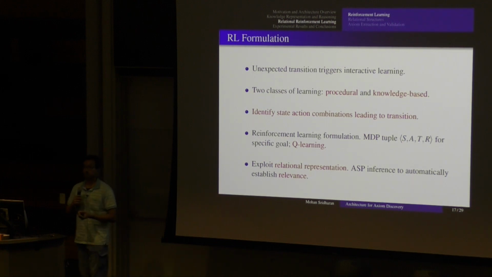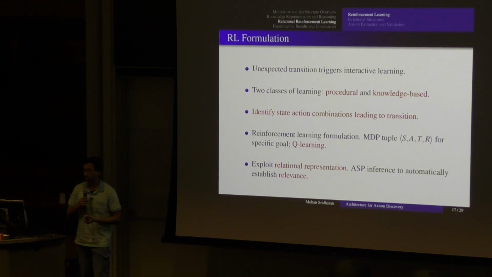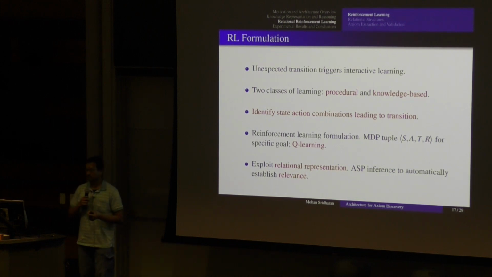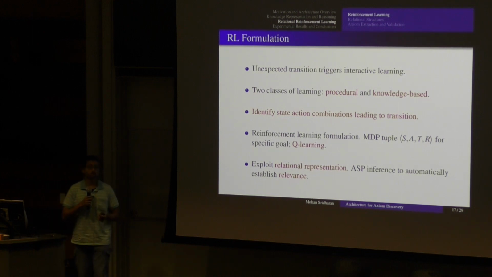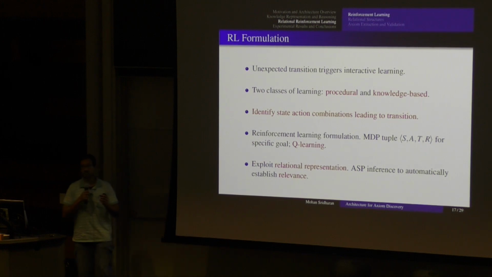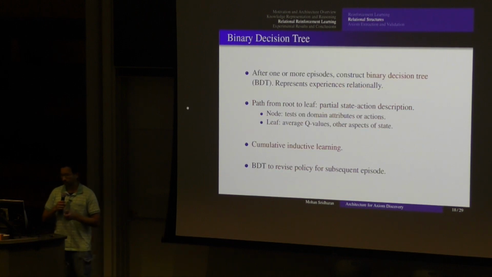So instead, what we do is we exploit the relational representation that is encoded in our transition diagrams, and in addition, we use the ASP-based reasoning or inference to establish relevance. We are basically saying that when you are trying to do a particular transition and something goes wrong, you know, based on how you have taken the effort to construct the transition diagrams, that only a certain subset of your transition diagram is relevant, and you also know what fluents and what static properties are relevant, and you only do your MDP over that subset of your state space.